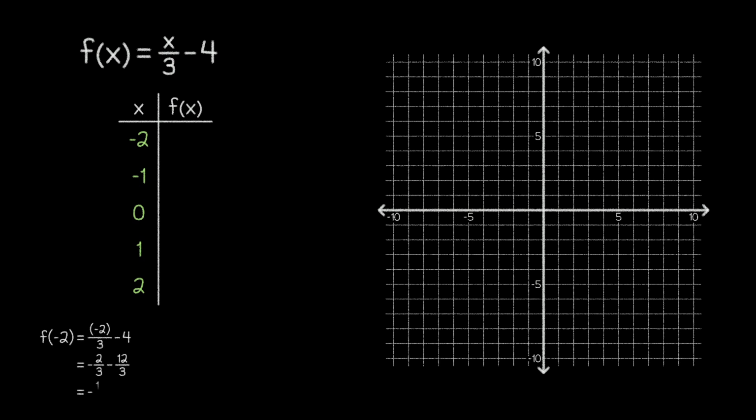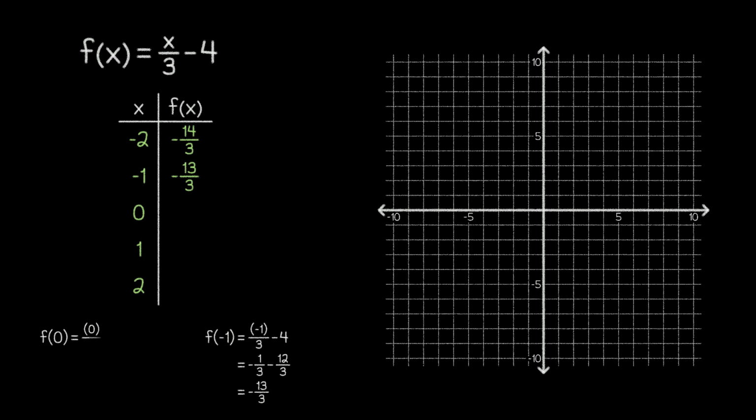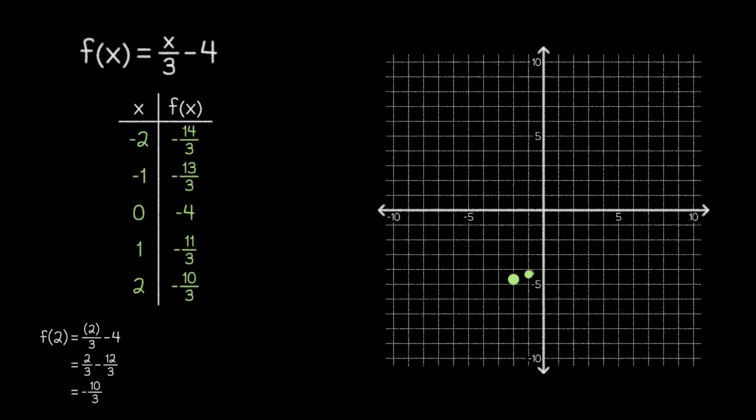As we evaluate the function for each of these inputs, you may get a bit annoyed that we have to do so many operations with fractions. And while there's nothing inherently wrong with having fractions as our outputs, these values can lead to a bit of imprecision, especially if we're graphing by hand. So instead of choosing these 5 input values, let's see if we can modify our inputs to make our lives a bit easier. First of all, notice that when we plugged 0 into our function, we didn't have to deal with any fractions, since 0 divided by 3 was an integer.